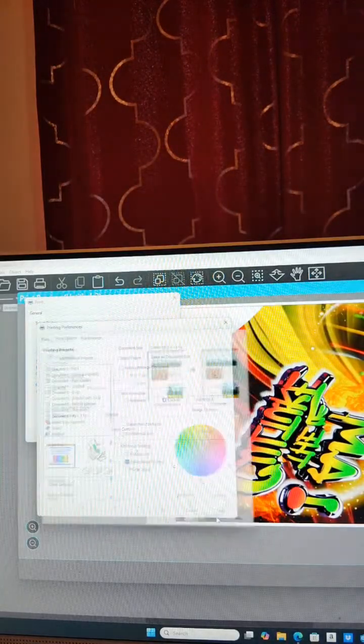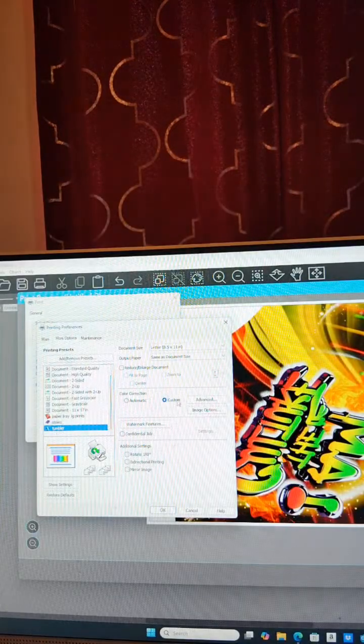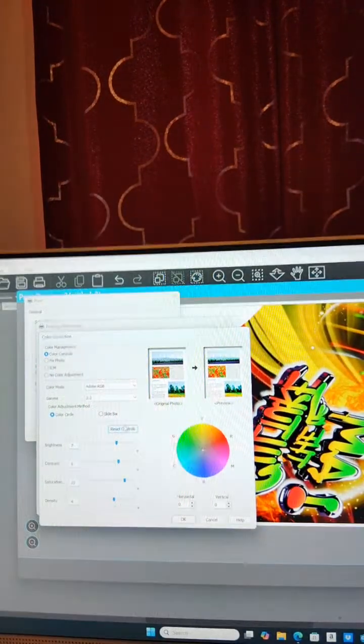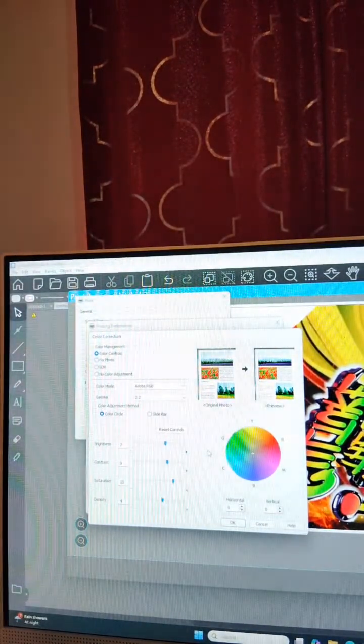But let me cancel this one because I got some stuff that's already set up to print a certain way. So I'm gonna go to my Tumblr settings because that's where the settings is at. So I'm in customs and I'm gonna hit advance. And these numbers right here is what I did to adjust my color profiles. But however,